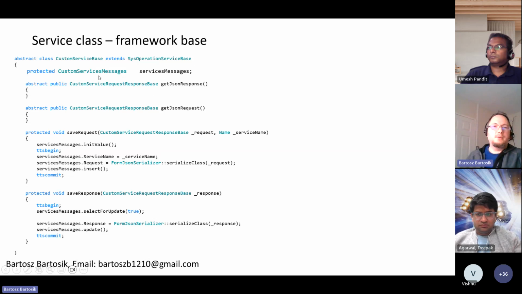In this case, for example, I created a custom service base class, which is abstract, which has two abstract methods, get JSON response and get JSON request. By creating those abstract methods, we ensure that any custom service created based on this base class has to follow and implement those two methods. And we also have two additional methods here, save request and save response, because the operation framework doesn't actually store too much by default